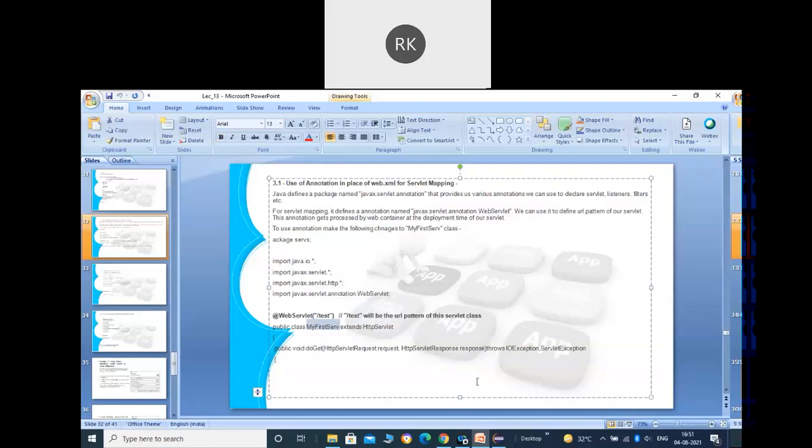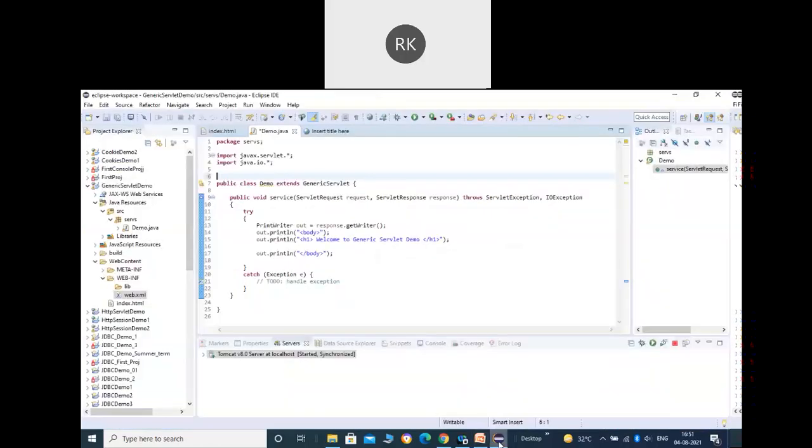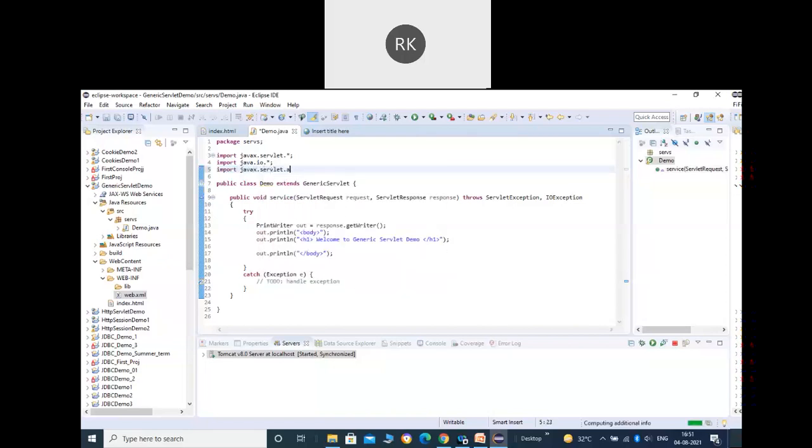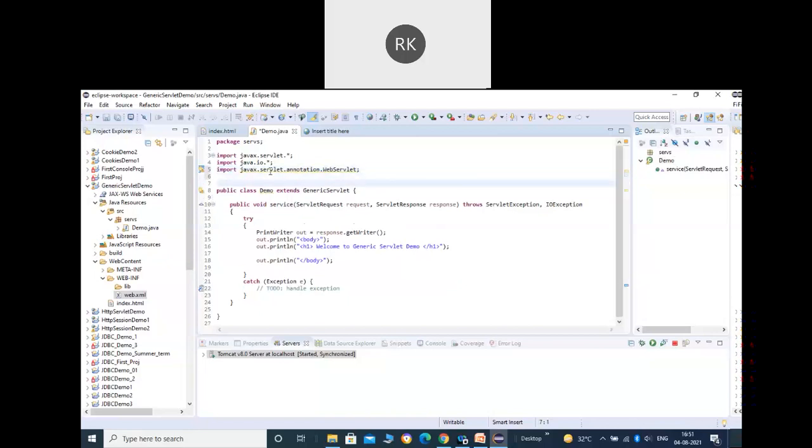This annotation named WebServlet enables you to define the URL pattern for your class. At the top of your class declaration you define this annotation, and whenever there is a request for this test URL, it will execute my first servlet. This is also a way to define the URL pattern if we do not want to use the web.xml file.